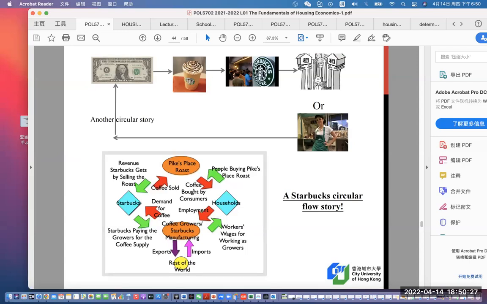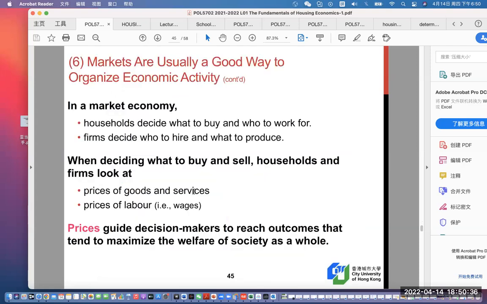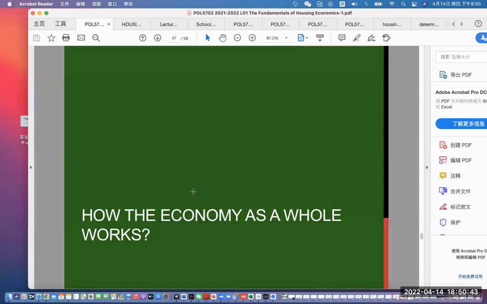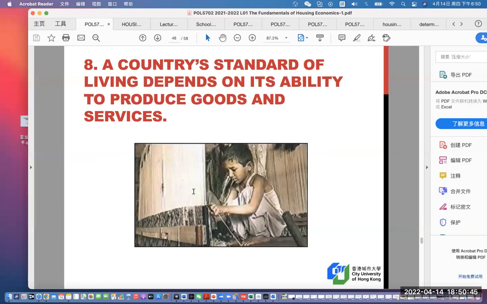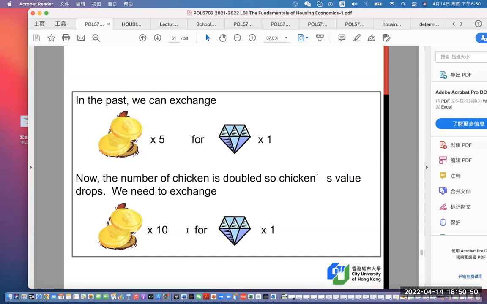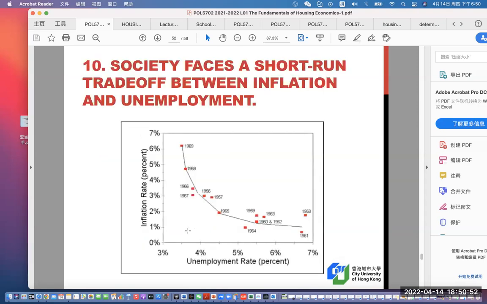The issues from the Starbucks case, and how the circular flow goes from individuals, imports, outputs. This is very important for you, I think. And then the markets organize economic activity, the government's tools, and how it works as a whole country, like productivity. And this is inflation, right? Inflation problems. And society will face a short-run trade-off between inflation and unemployment if the economic